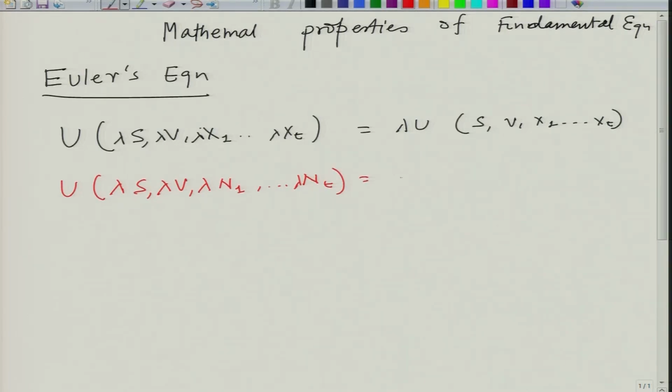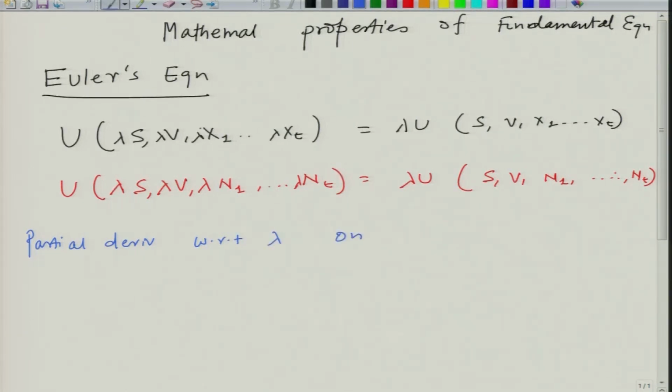And in that case this will be lambda U of S, V, N. Okay. Now, if you take a partial derivative with respect to lambda on each side,